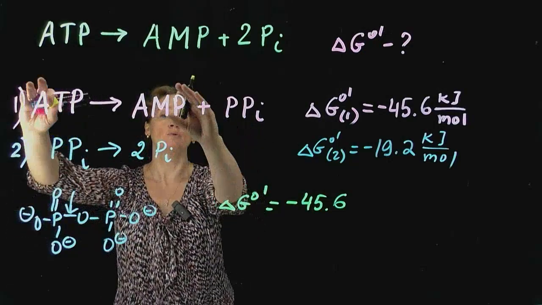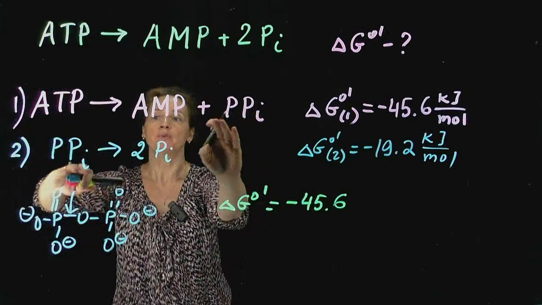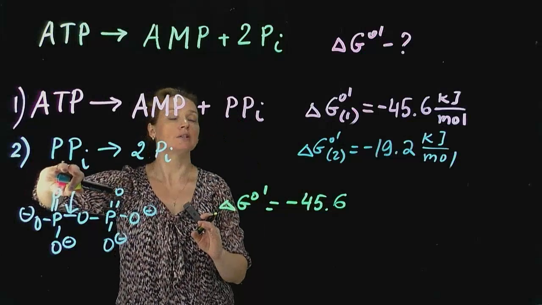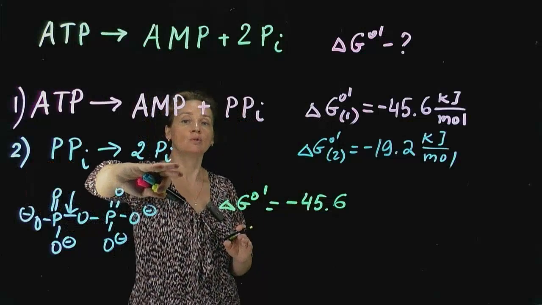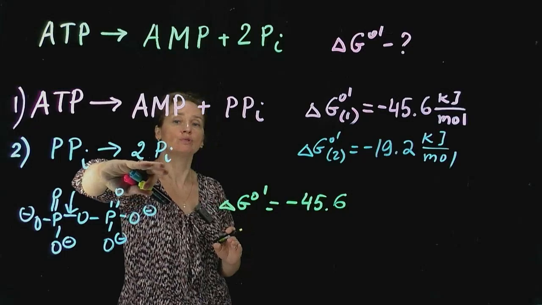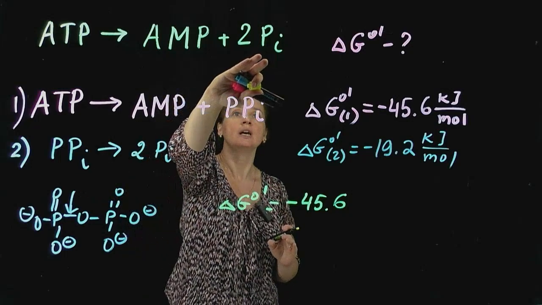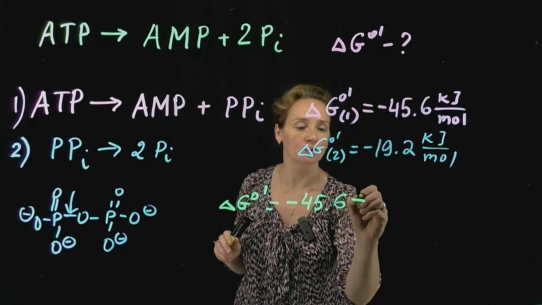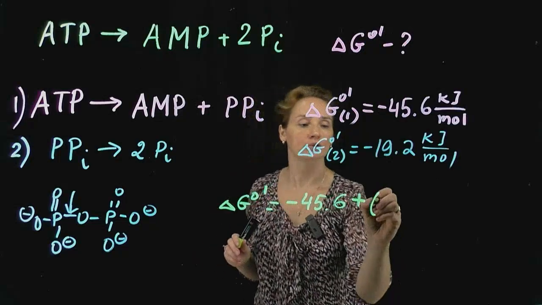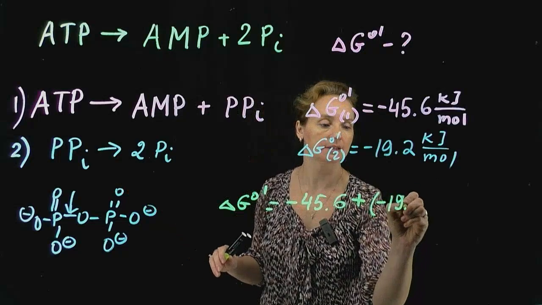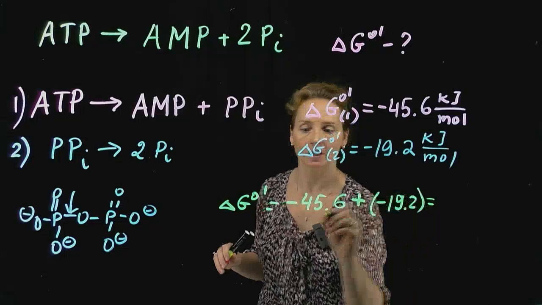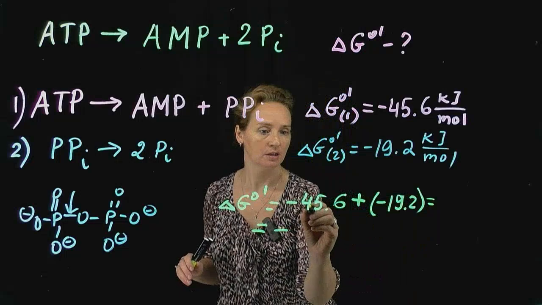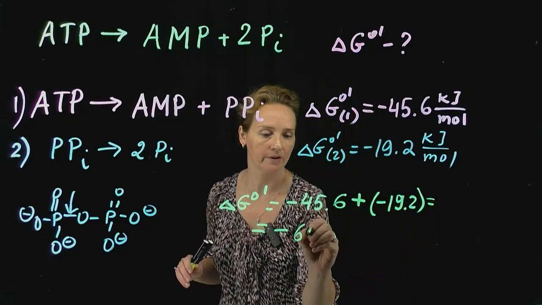When you add those two reactions to each other, the pyrophosphate product of the first cancels out with the pyrophosphate reactant of the second. As a result, the only thing left will be the two phosphate molecules, which are indeed the products of the original reaction. So we are adding the value for the second reaction as is, without changing the sign, and we can calculate it to be minus 65.88